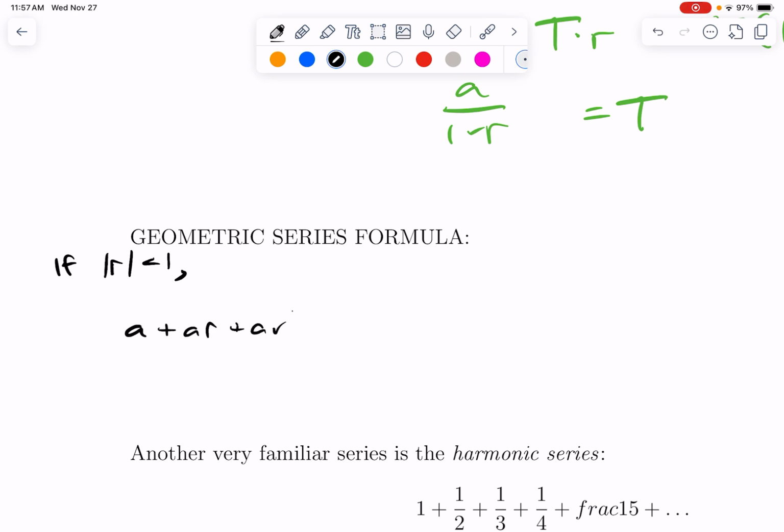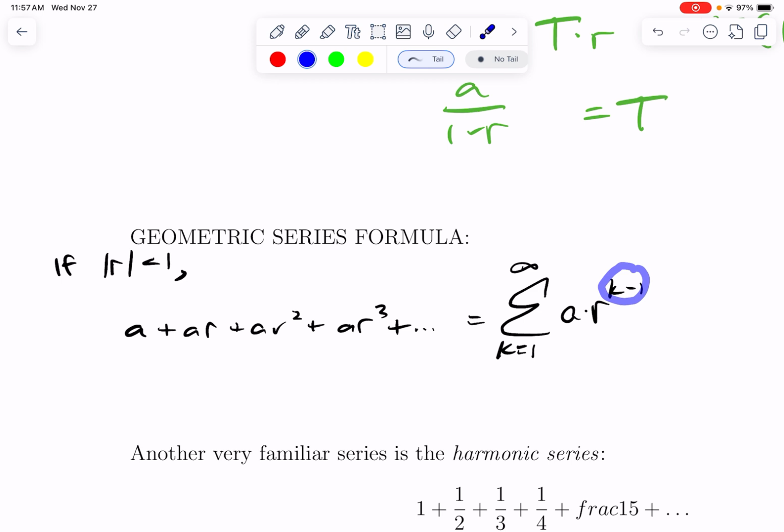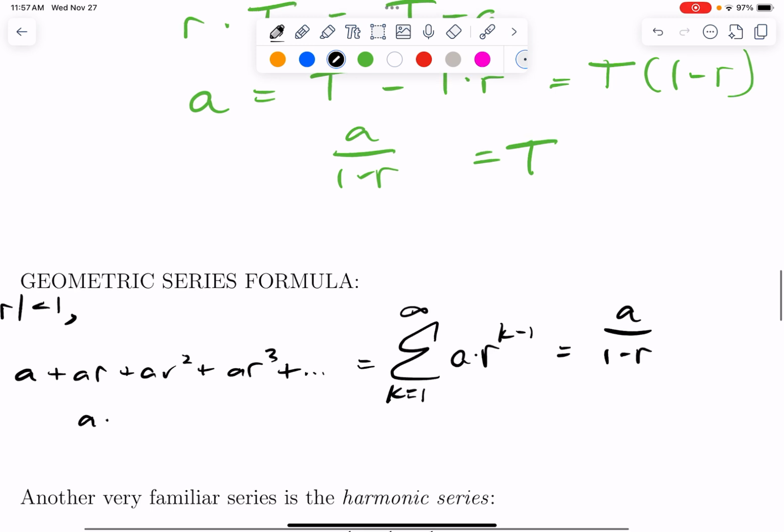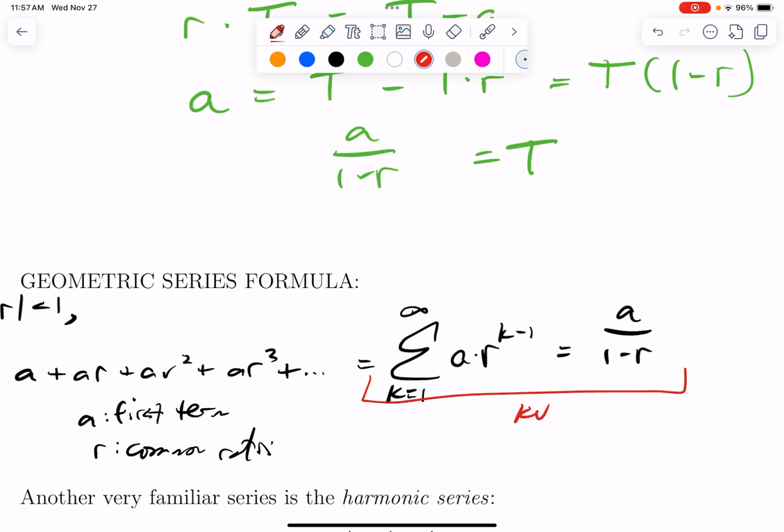This generic geometric series, the summation as k goes from 1 to infinity of a times r to the k minus 1, because I actually want to start with 0 copies of r, is equal to a over 1 minus r. A is the first term. R is the common ratio. And you should just know this. You don't want to have to figure it out. If you're noticing you have a convergent geometric series,